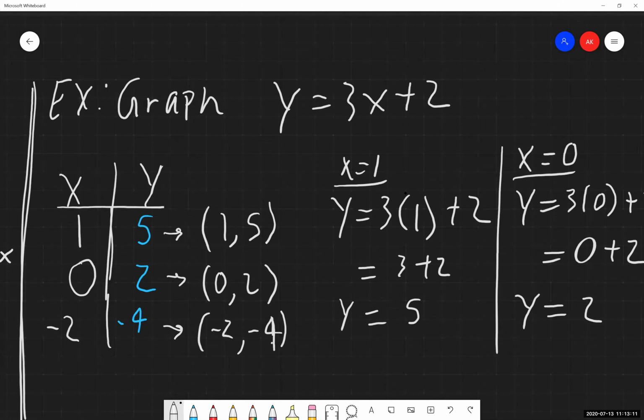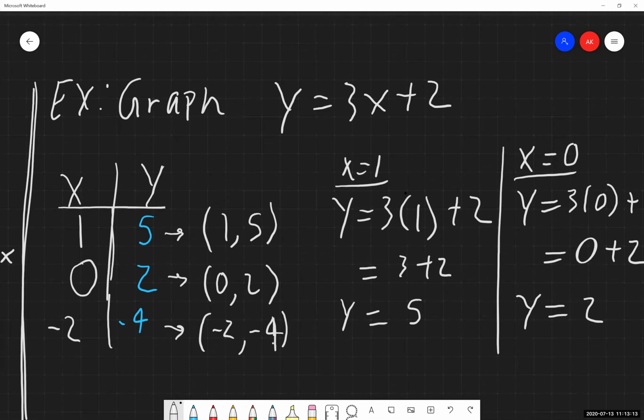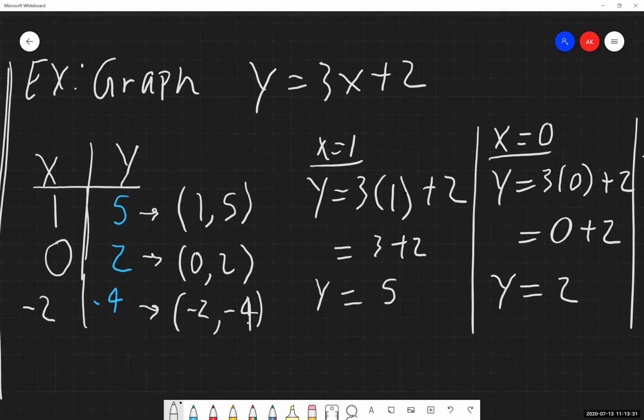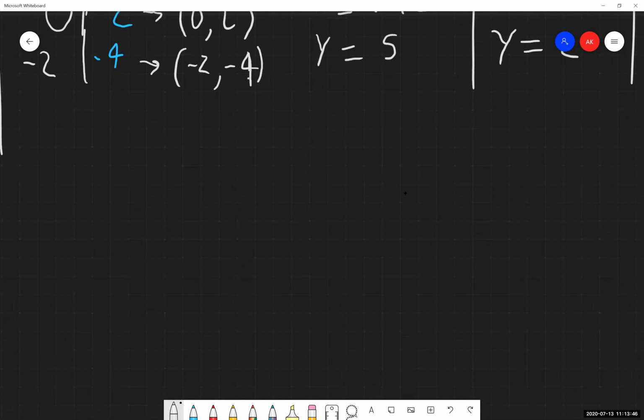I'm told to graph the equation y equals 3x plus 2. And now, looking at this thing, I have 3 points to choose from. I need at least 2. So now I can choose between any 2 of these points that I want. I could plot all 3 of them if I wanted to. But I at least need to choose 2 of them, plot those, and connect them together. So it's your choice on whichever ones you would like to choose. We just need to go through and set up our axes, plot those, and connect them together. So that's what we're going to do.